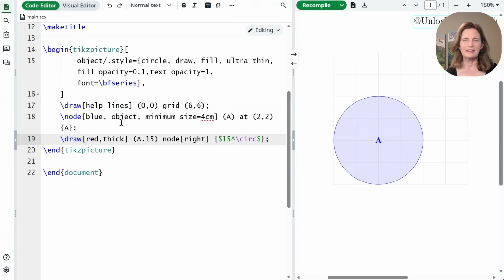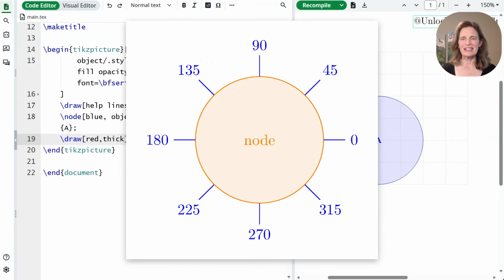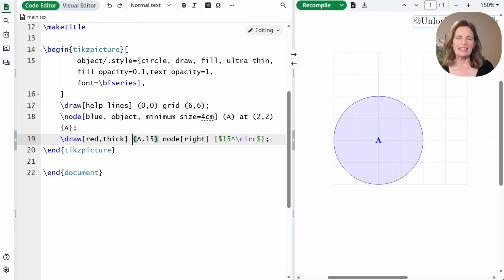I can reference A.15 to get the point on A's boundary at 15 degrees. Any integer angle is valid, including negative values. 0 degrees is east, and angles go counterclockwise so that northeast is 45 degrees, north is 90 degrees, and so on. So at the point A.15, I put a text node to the right to label it as 15 degrees,